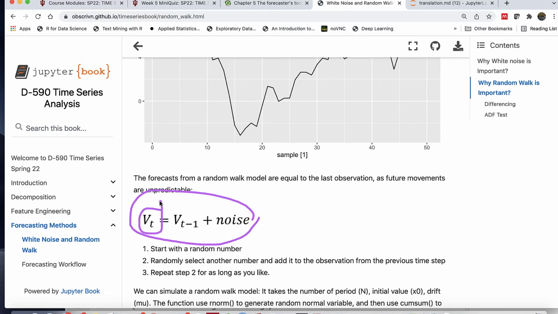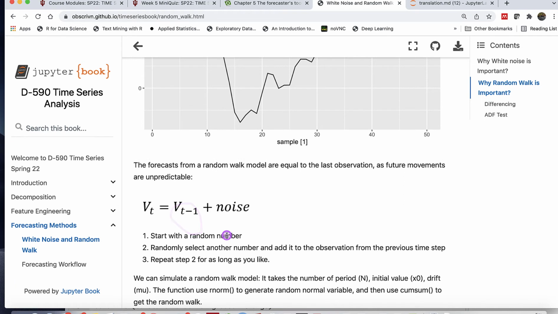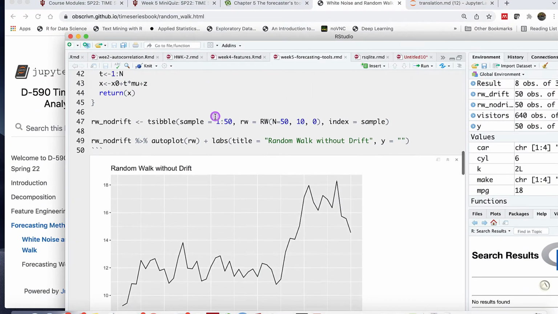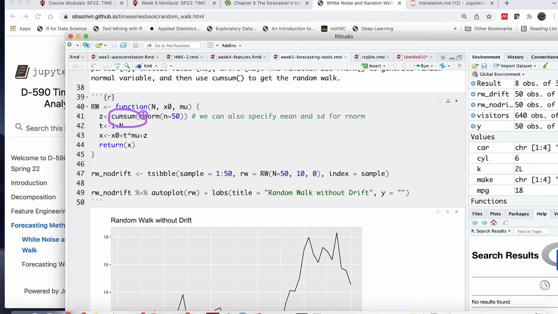So our current value is always equal to the previous value with some noise, right? This is a model. We start with a random number, then we randomly select another number and just add it to the observation from previous steps. And we just repeat this step, and that's why we have our cumsum, a cumulative sum, to